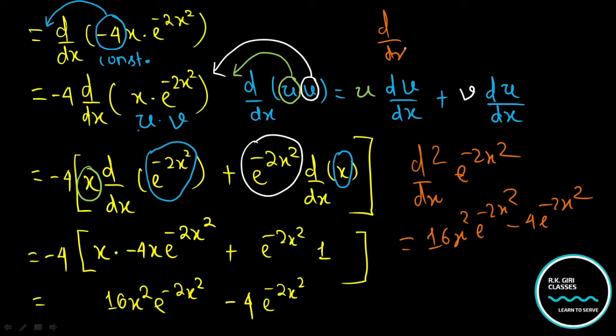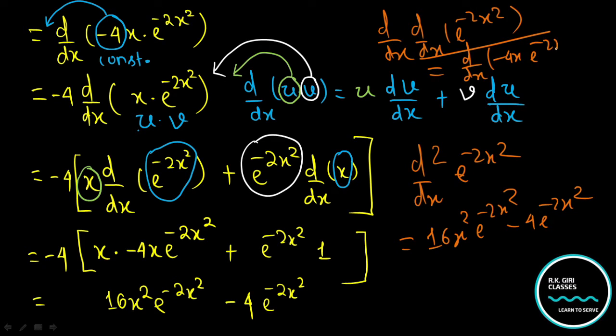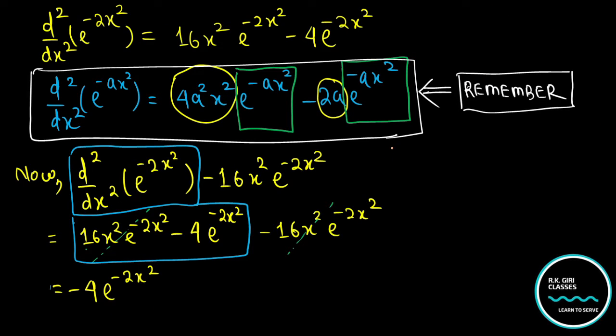And you can repeat it like this: d by dx of e to the power minus 2x square. So what was the result? That is d by dx of minus 4x e to the power minus 2x square. What was the result? Finally this one, 16x square e to the minus 2x square minus 4 e to the power minus 2x square. Okay, but in your examination you don't have much time, so you will apply this shortcut